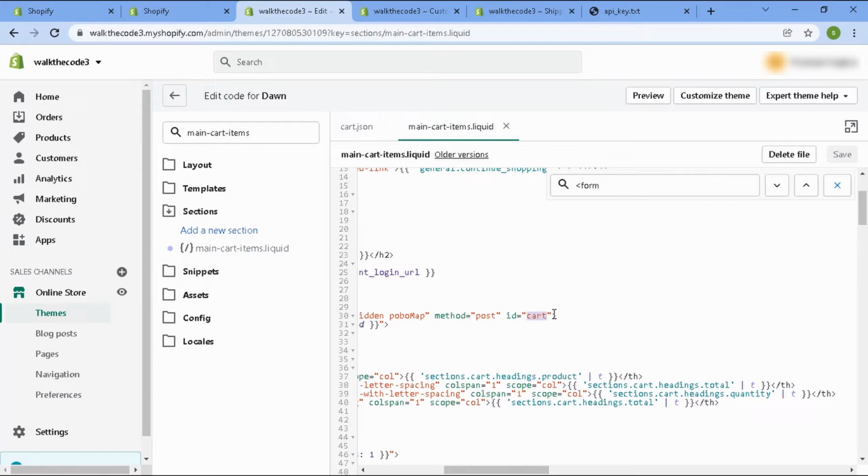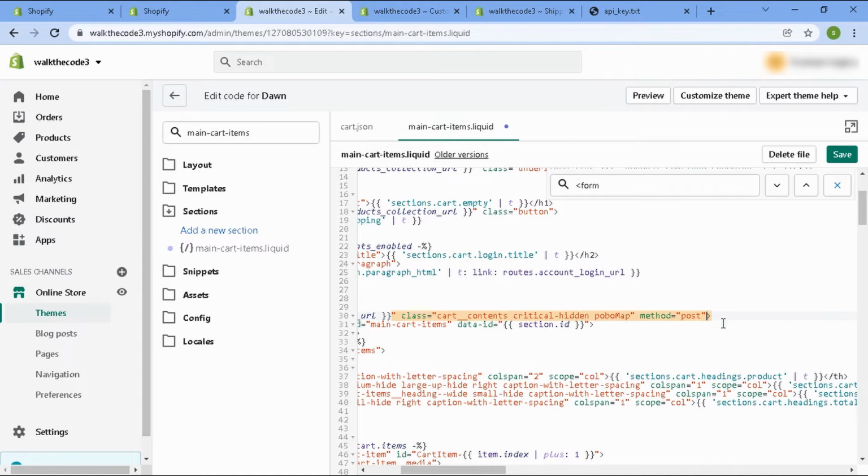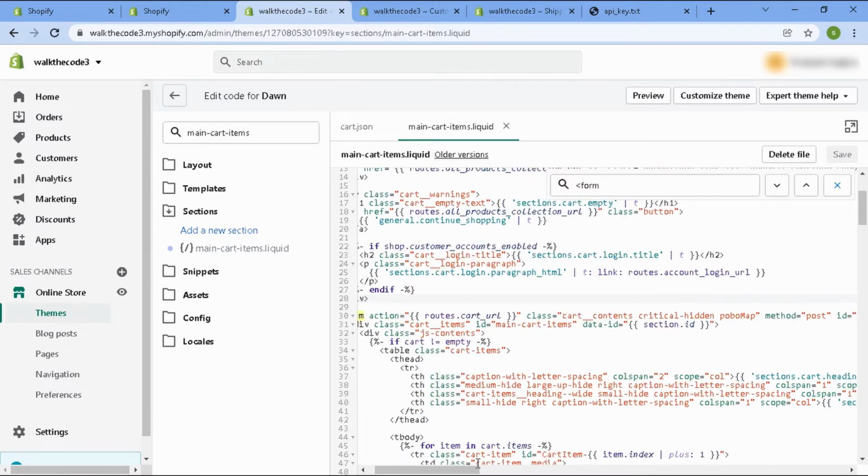And what if there is no ID at all? Like say you found the form, but there is no ID in the beginning, no ID in between, and no ID at the end. So there is no ID at all. So then you would want to type your own ID. So I will type ID is equal to double quotes 2 times, and in between the double quotes I would want to type the name. So I would name it cart. You can input any name of your choice, but here I will input cart, or say cart form, or whatever value. So I'll keep it at ID is equal to cart, and then you would want to hit save.